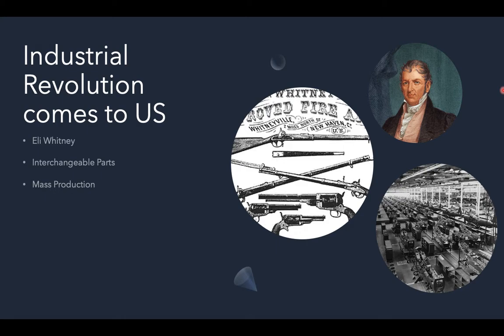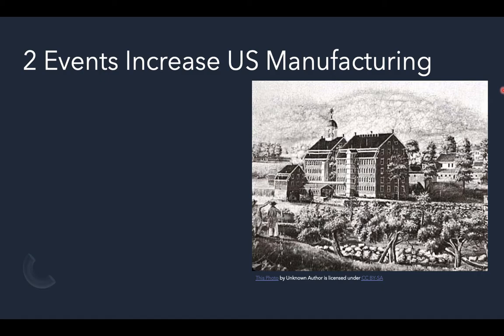The Industrial Revolution had been going on in Great Britain for quite some time, but it comes to the United States in this time period. You begin to see machines replacing hand tools and the introduction of large-scale factory production. A couple of events really lead to an increase in United States manufacturing. One is Thomas Jefferson's Embargo Act, created in 1807, a way to try to prevent America from getting involved in a foreign conflict.